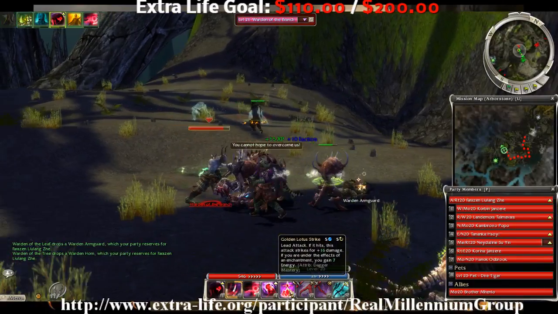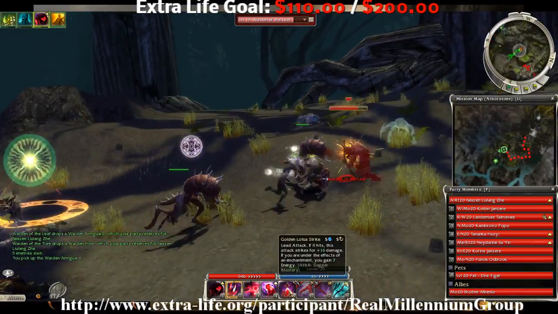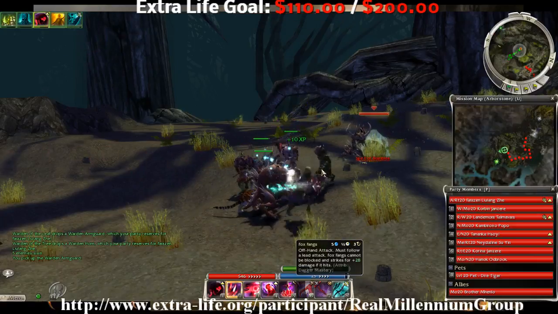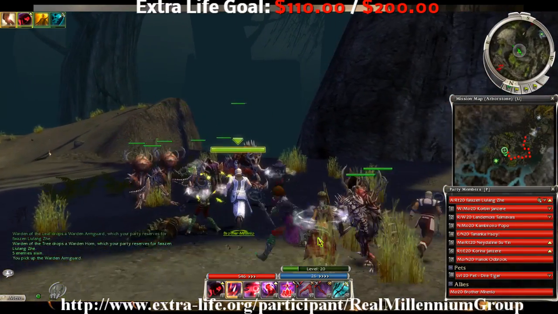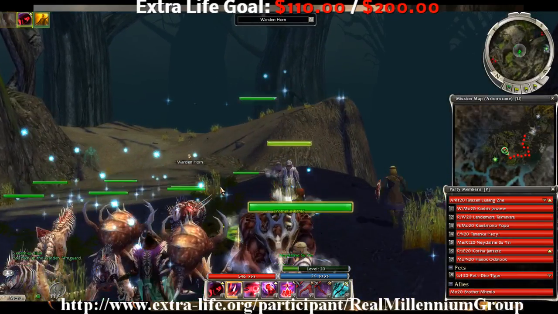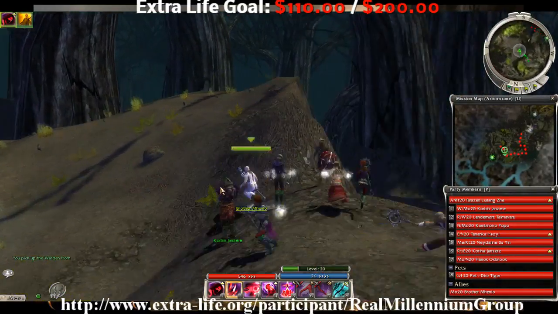Now I can get faction from that. I'm not going to get faction from him either. I think it's based on level. I'm not noticing what the level of these guys are. Some of these guys might be less than level 20, and I think that's one of the...